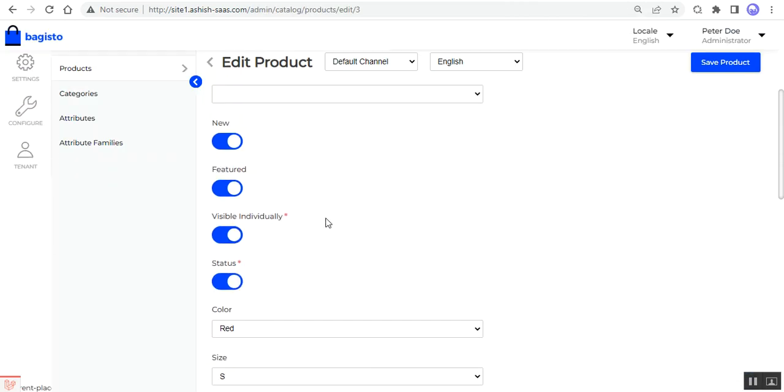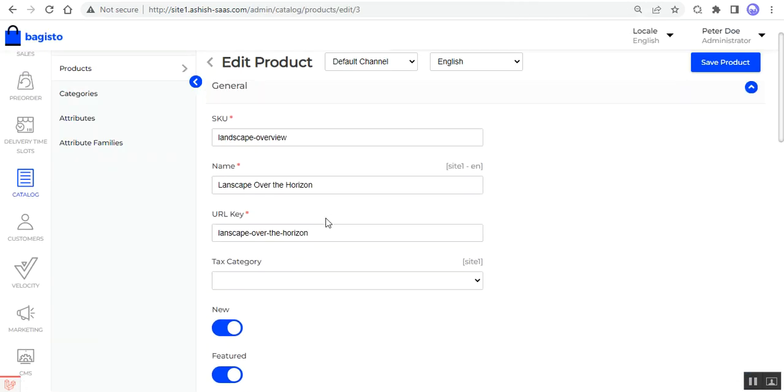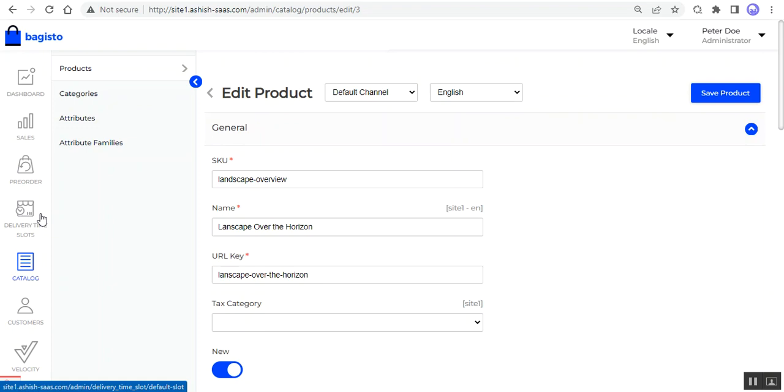So this was how the tenant can set up the pre-order for a particular product, the initial configuration settings. Now there's one more option there, that's the pre-order option in the side panel. Whichever pre-orders have been placed by the customers from the storefront, all of those would be visible to the tenants under the pre-order section. So if I go to the pre-order section here,